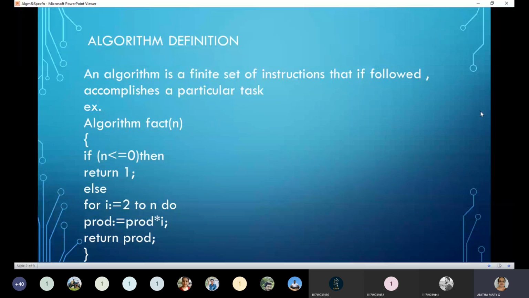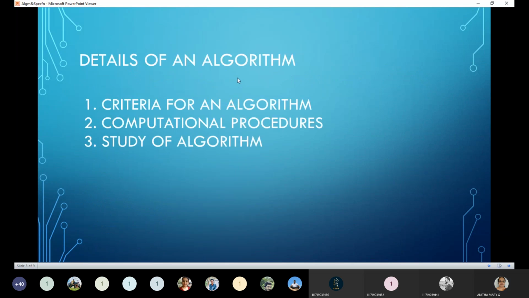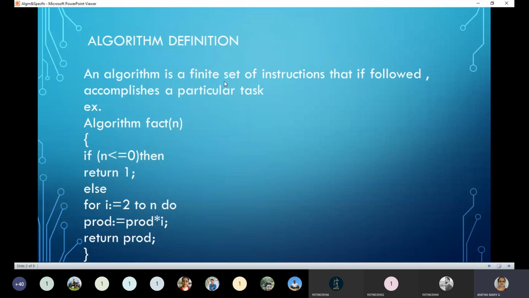So similarly here for an algorithm, please concentrate here. Algorithm is a finite set of instructions. What is finite set of instructions? Fixed number of lines. So when a problem is asked by a teacher to a student, she will ask a question that he can do within some certain time. It cannot be infinite, no.